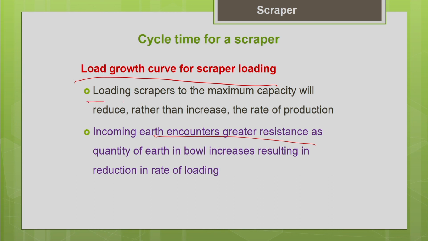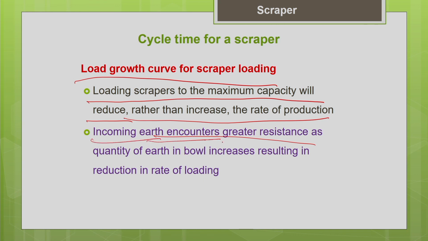Loading scrapers to the maximum capacity will reduce rather than increase the rate of production. So, do not try to load the scraper to its maximum capacity. The incoming earth encounters greater resistance as the quantity of earth in the bowl increases, resulting in a reduction in the rate